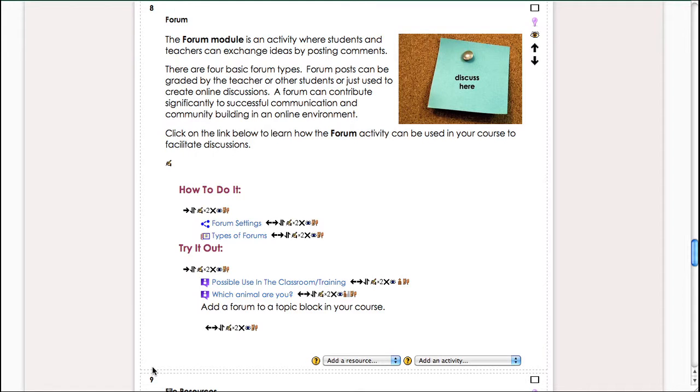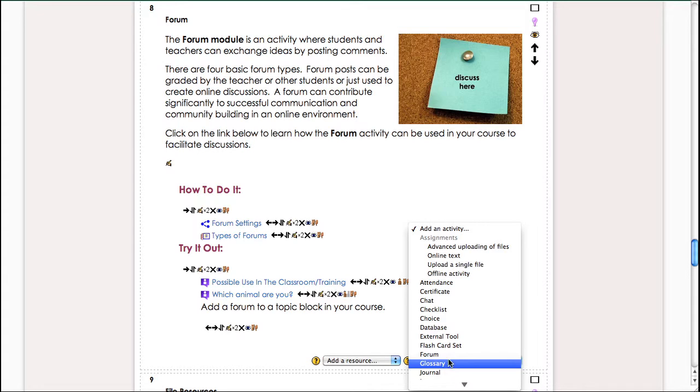There may be times when you want your students or staff to have a discussion about something related to the content in your course. You can accomplish that with a forum activity. To add a forum, go to a topic block in your course, click on the Add an Activity scroll bar, scroll down to Forum,